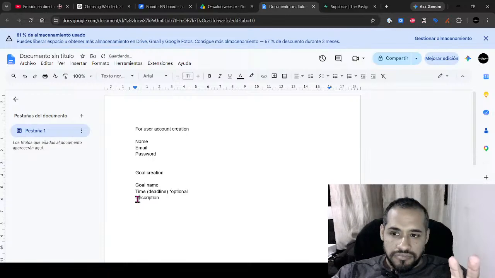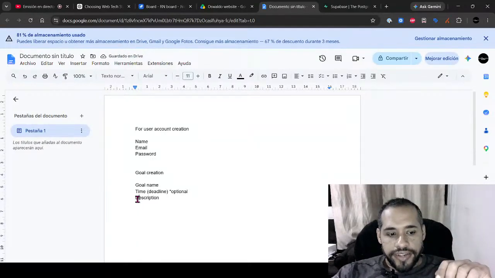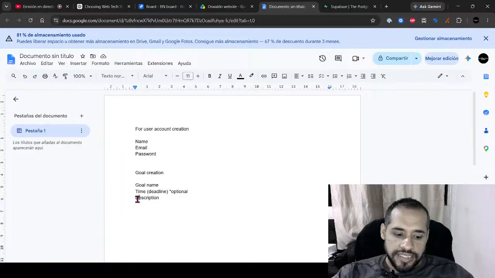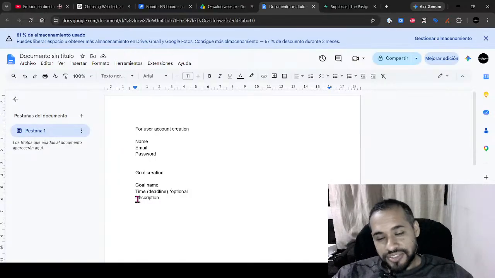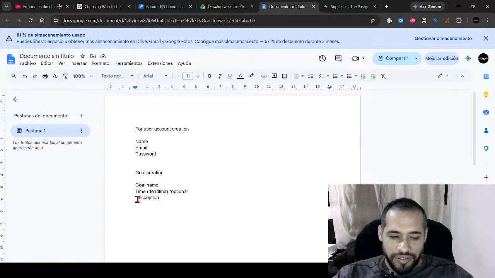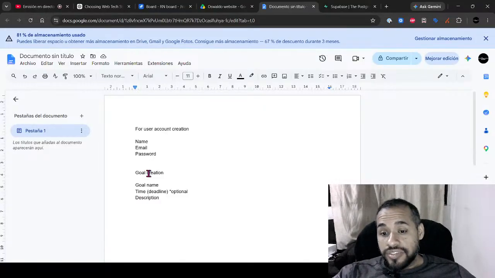I don't know if we could improve this database table further, but for the MVP, sorry, I always try to say the whole thing, but it's better if I just say MVP. So for goal creation, I would say goal name, time, and description.